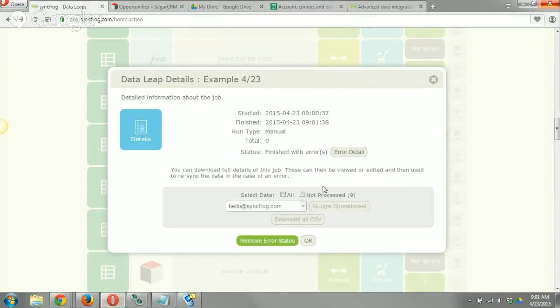Okay, so we get an error, so we can look at it. If I click on not processed, and since this is a paid account, it can actually be dumped straight into a Google Sheet, or I can remove it, download it as a CSV. If I click on error detail,